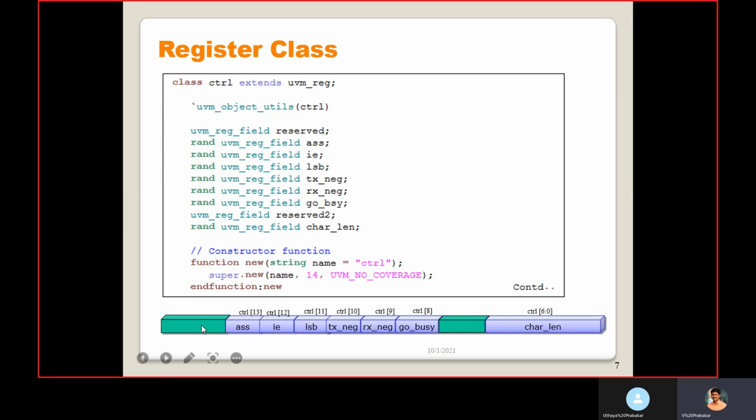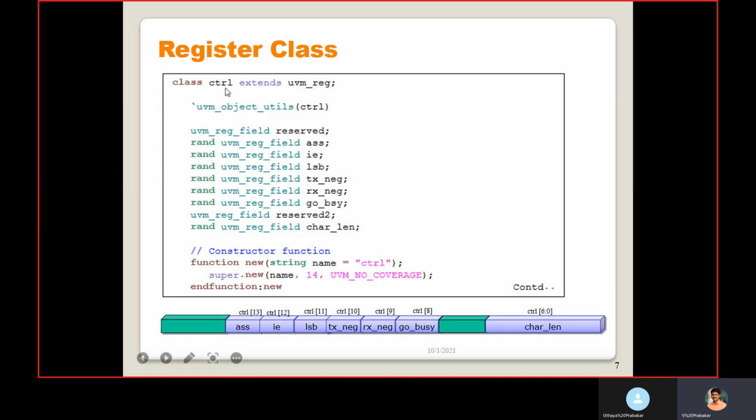In between, some of the fields are reserved. So how do we implement this? Class control extends UVM reg. UVM reg is the base class available, and with the help of that we are extending this control.